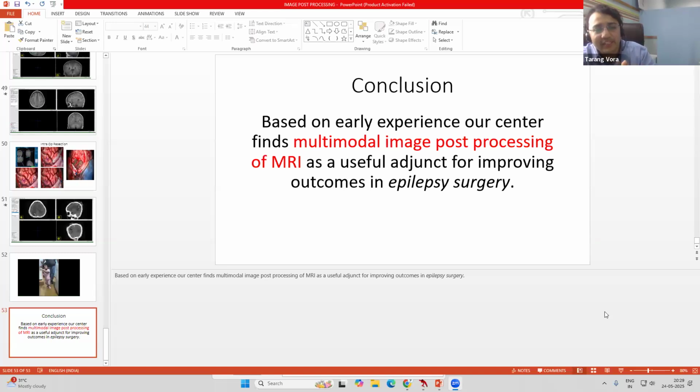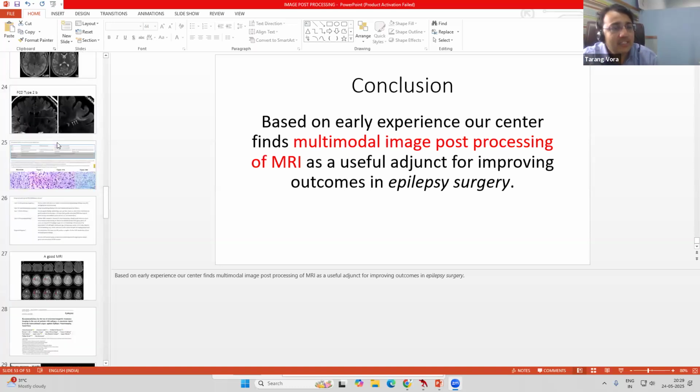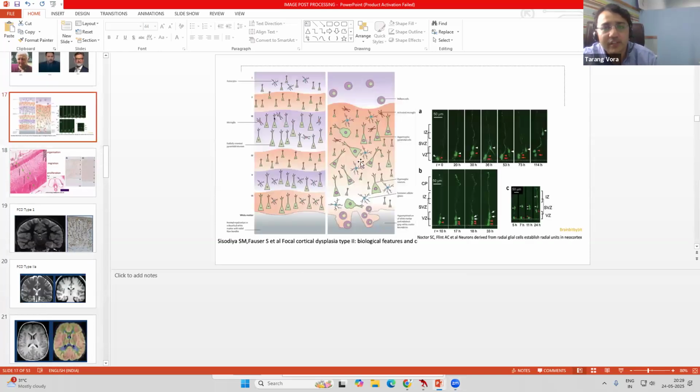So we have that gray-white matter zone, which is slightly blurred and not having that sharp contrast between gray and white. Then we have some thickening of the gray matter, yes, because the cells are slightly bigger in size. As I showed you in one of the slides earlier, the cells are dysmorphic and larger in size. Their uptake of the FDG is different from the uptake of FDG in the normal cells. These are large cells and balloon cells. These are dysmorphic cells.